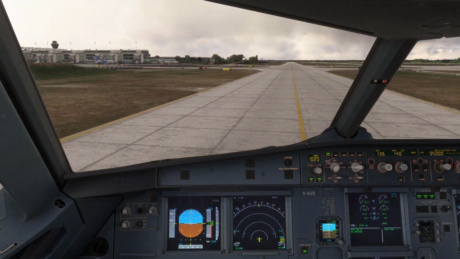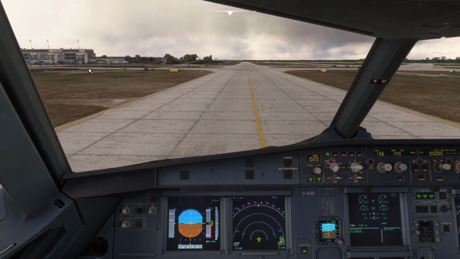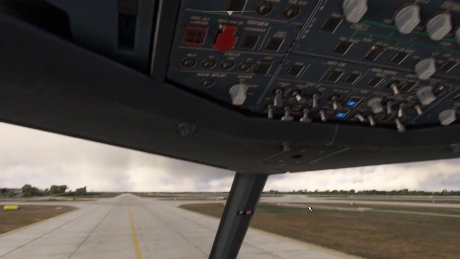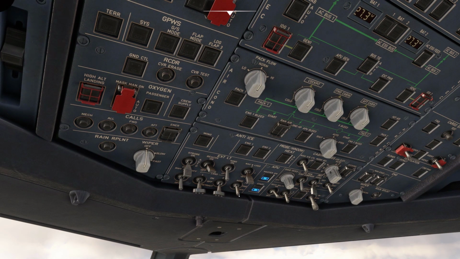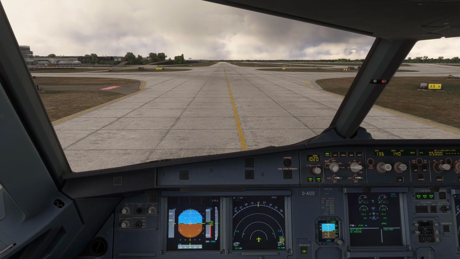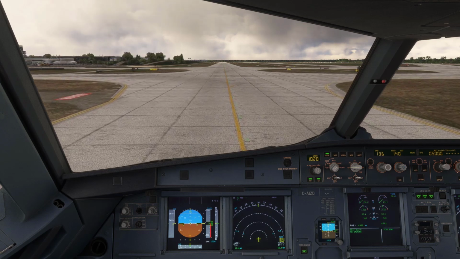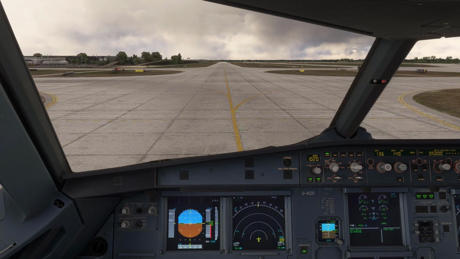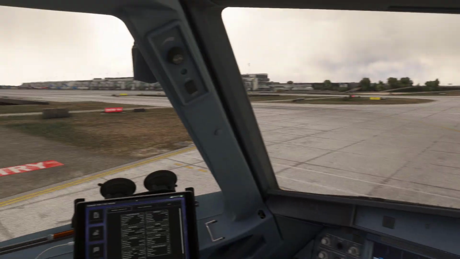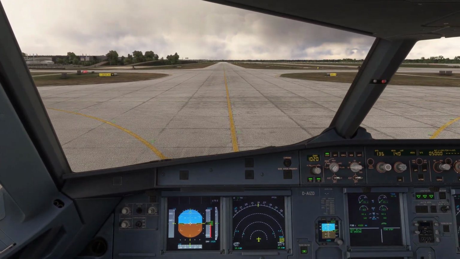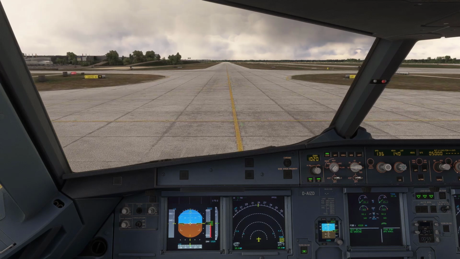I'm going to cross over this bridge here and take any of the gates there. Again, our lights are all off, taxi lights are on, APU starting. We need APU because once we want to stop the engine, we don't want to lose electricity